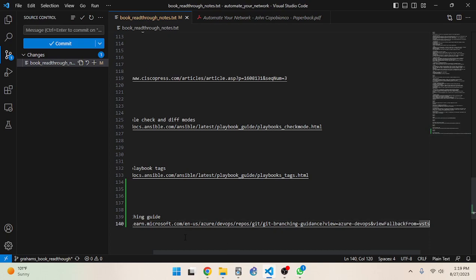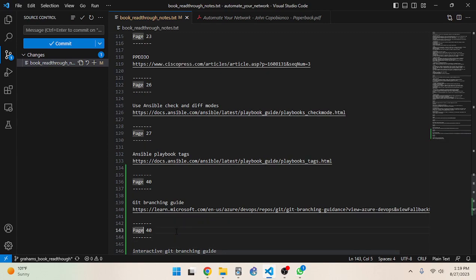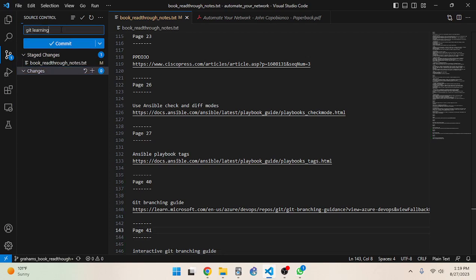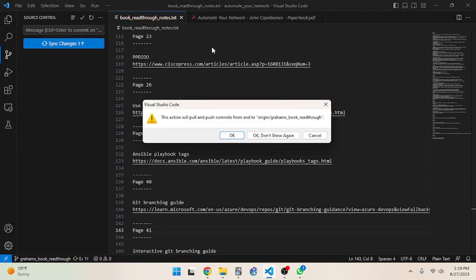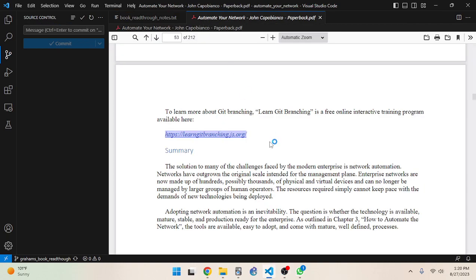This is page 41, but we'll put it there, interactive Git branching guide, on page 41. All right, and then I'll stage these changes and go Git learning materials, commit and sync. Okay, and don't show that again. All right, back to the book.